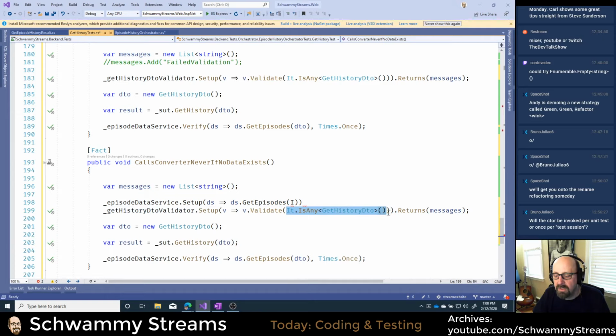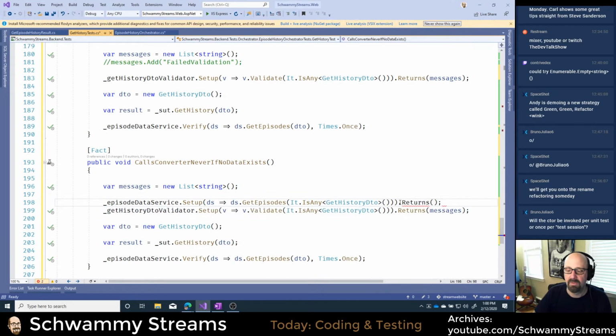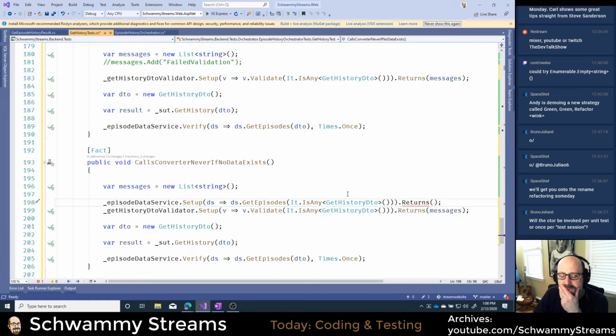I don't really care what the parameters are because I don't want to have to think about setting all that stuff up, right? But what I want to say is returns, and what I'm going to do is create, so it's supposed to return a, what does it return?